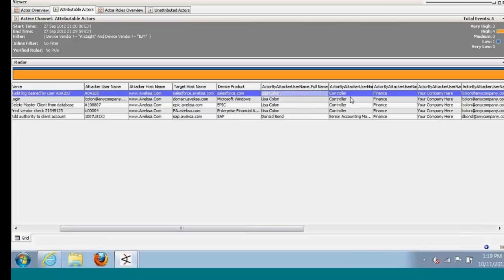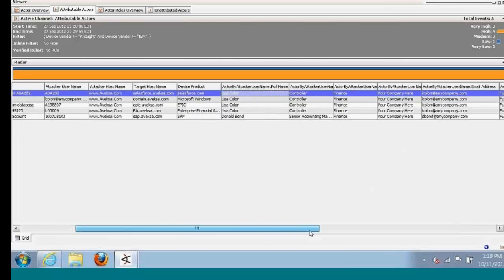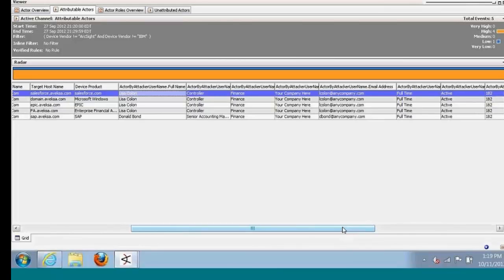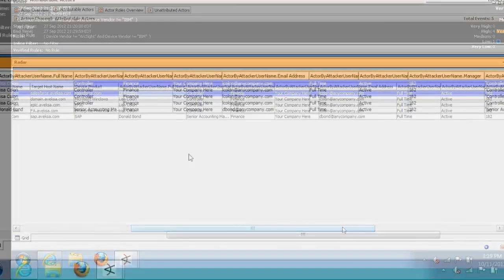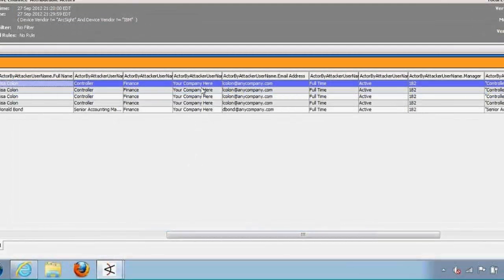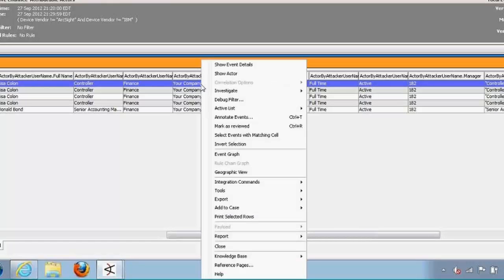We can see that she's a controller. We can see that she works in finance. We can see that she works for our favorite, your company here. If we needed to send her an email, that information is right here, so we could contact her. If they need to really drill down deeply, we can right-click on this user, and we can run an integration command and say we were interested in